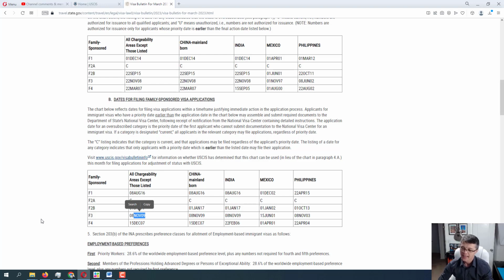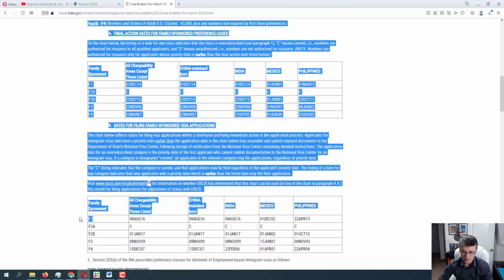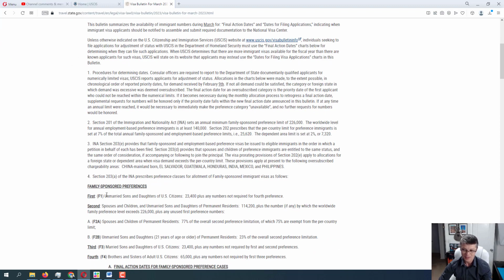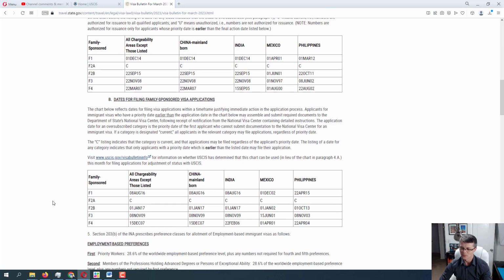14-year delay. And compared to the F1 category, which is what your son would be in, because now they're unmarried sons and daughters over 21. This is over 21. Both of these are over 21. I don't know why they didn't specify. It's very important, but they didn't specify it. You know, hopefully they will one day, but